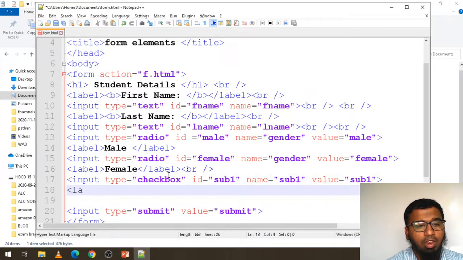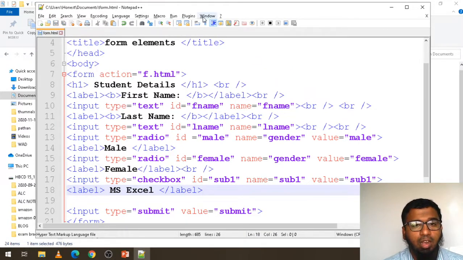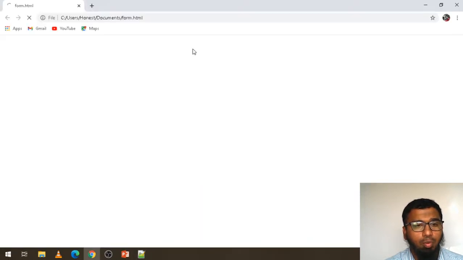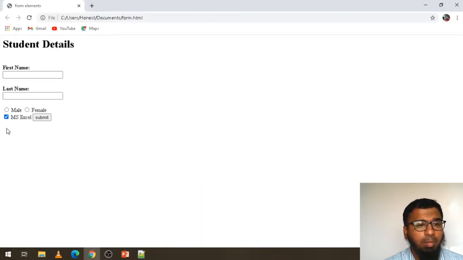So here you can give in the label is like MS Excel, okay, slash label, okay. Save the file and check the output. Launch in Chrome, MS Excel, okay. Like here any one of this is selecting.